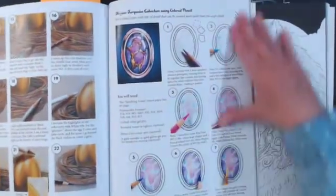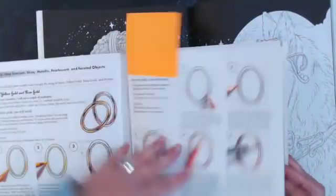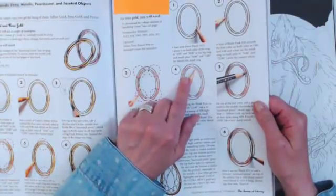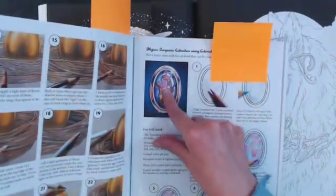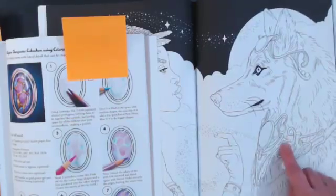Now, in this little step out, she does just the stone itself. So this one she just does the stone, and then there's where she has the white highlight. Okay. So this one she does the stone, and over here she does the rose gold setting. So she has the yellow gold setting here and the rose gold. So what I want to do is I'm going to do the rose gold setting. Let me put this back because I got to close the book here. I want to do the rose gold setting on this stone, on this wolf, on those 2 spots. Okay, but you see all this other,